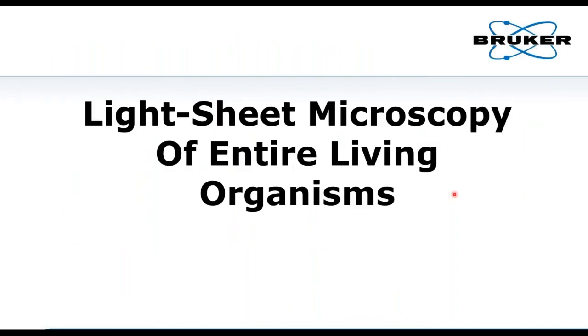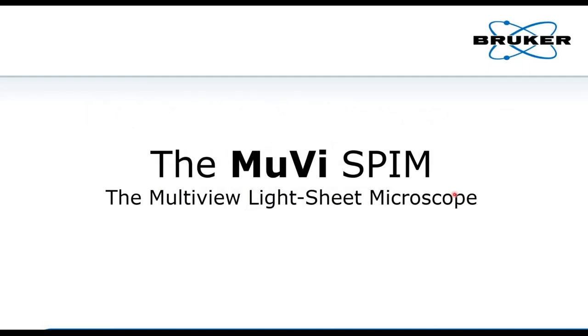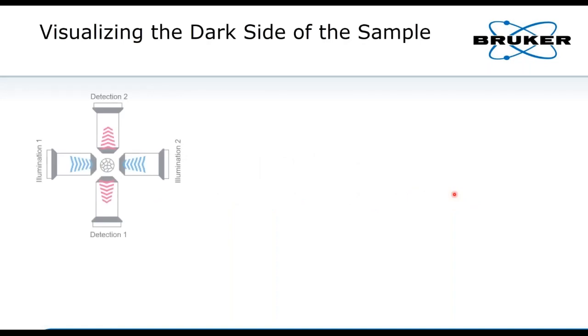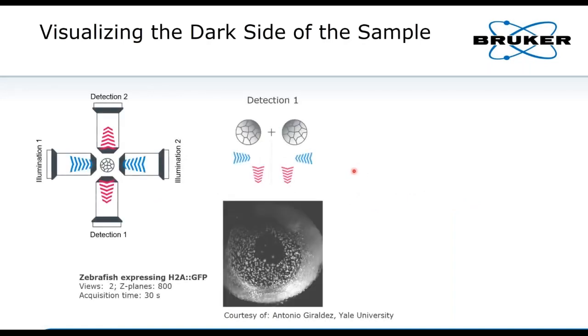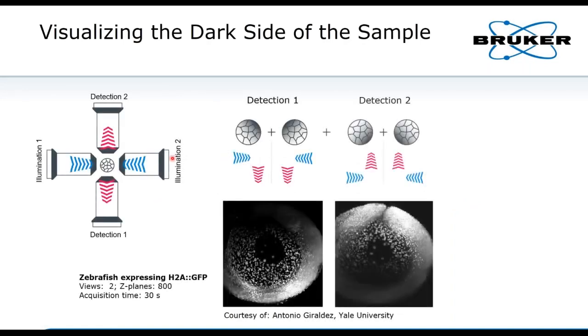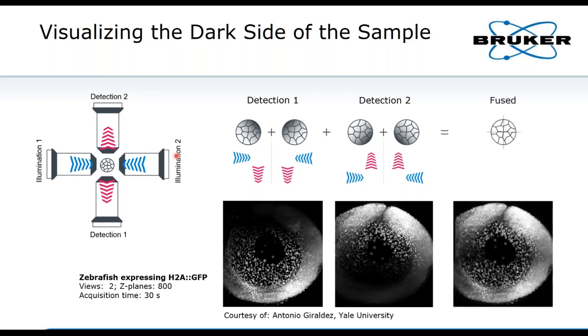So what do you use when you want to image entire living organisms like a Drosophila embryo or like a zebrafish? What we suggest to use is then typically the movie SPIM, the multi-view light sheet microscope. And multi-view is for a reason. So when you're imaging an object of a couple of hundred micrometers in diameter, like this zebrafish embryo that you see here, provided by Antonio Giraldez from Yale,